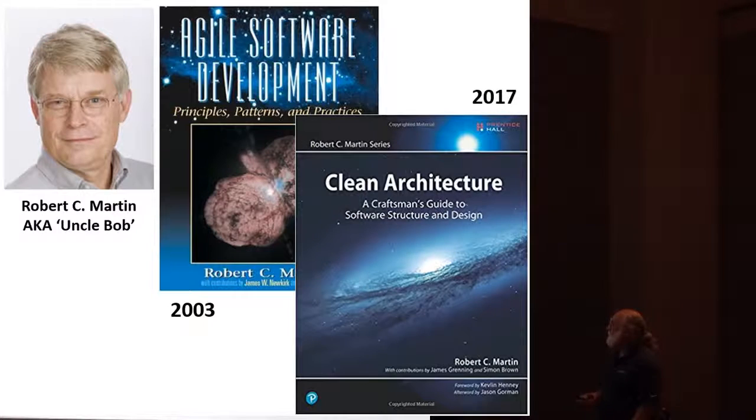Okay, last year, Uncle Bob published the second long-awaited book, Clean Architecture. It covers the same topics as Agile Software Development, but from an architectural view. There are no examples in C++, maybe one. And it touches on the subjects that evolved during the 14 years between the two books. And if somebody was at the LAVA barbecue yesterday, we had a raffle and 2 people got this book. So I hope they will read it now.